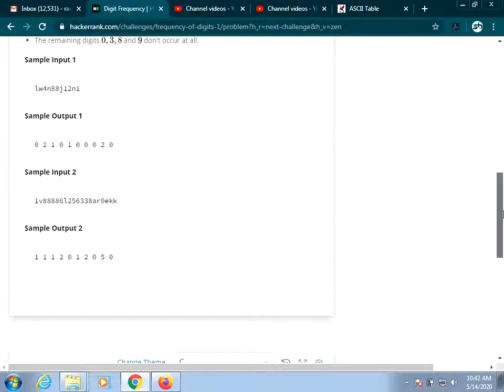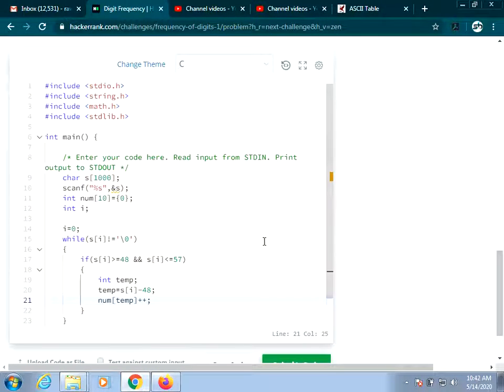What will basically happen is, if you take this input, S of 0 contains L, so it will ignore L. S of 1 contains W, it will ignore W. S of 2 contains 4. So now I value is 2 and the value is 4.